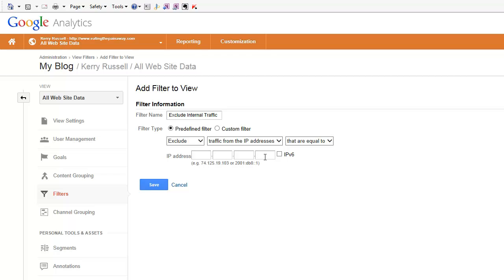Just to be totally transparent, the reason we are doing this is because every time you log into your WordPress admin area, or you preview a blog post, or maybe you just browse your website, Google Analytics will track that as a traffic hit, and that's going to make your data inflated and inaccurate. So by setting up this filter, we are telling Google Analytics to ignore all traffic from